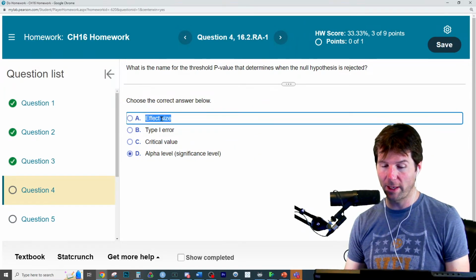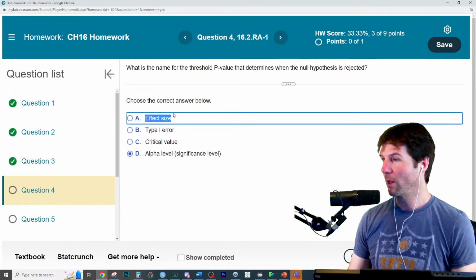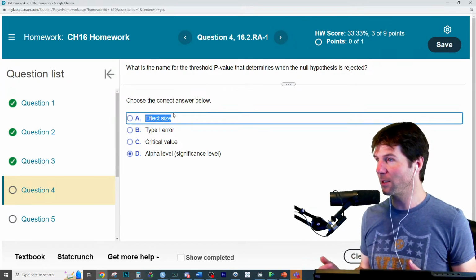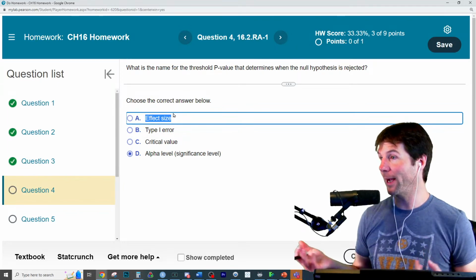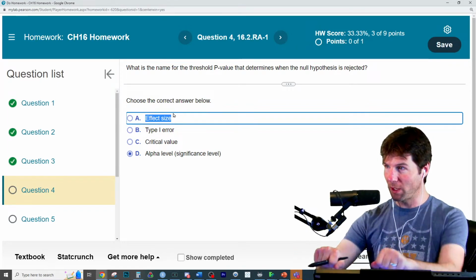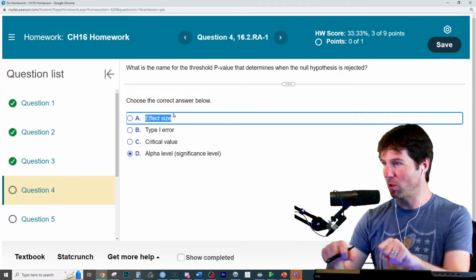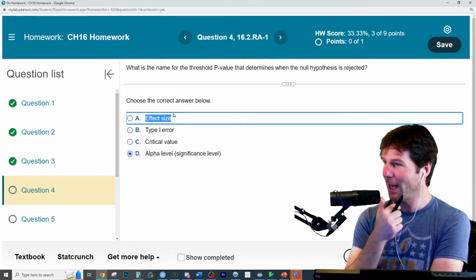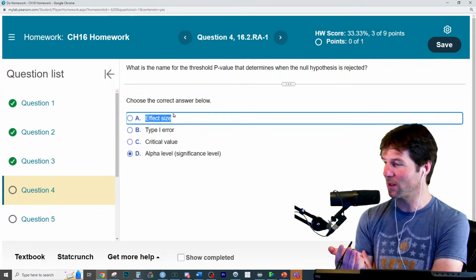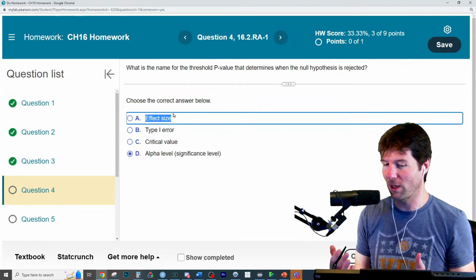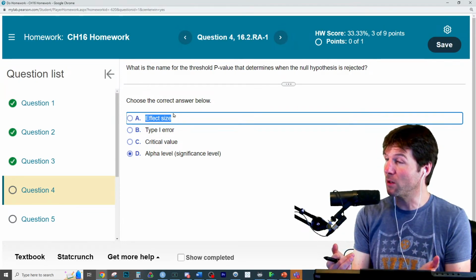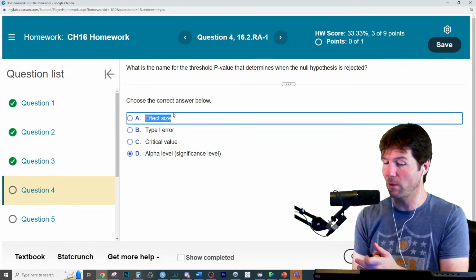So if Brian claims he can lift 400 pounds, but he can only lift 398, that's a small effect size. Do you think you might believe Brian? If I say I can lift 400 pounds and you see me bench 398 for one rep, you might be like, I kind of believe Brian. That's a small effect size, right? Maybe he actually can bench 400 because I saw him do something very close to it.